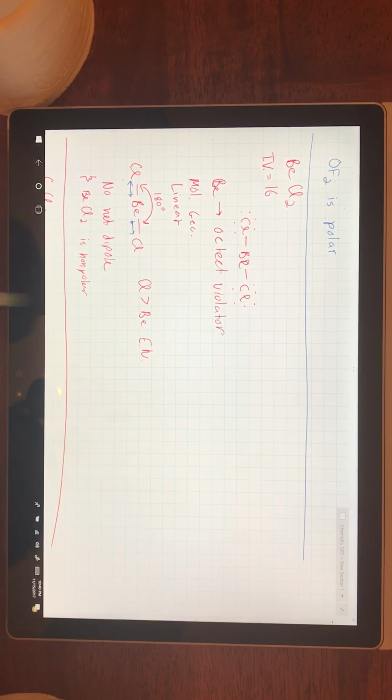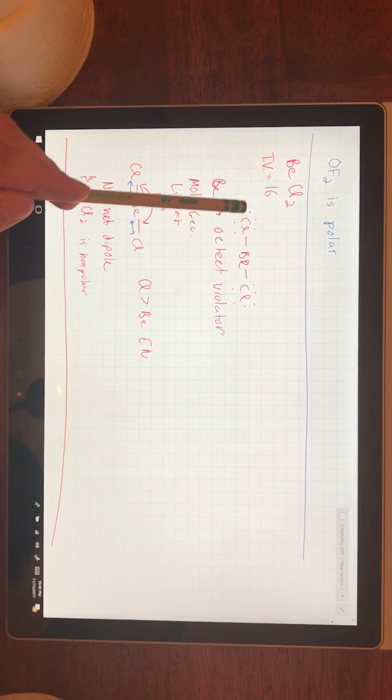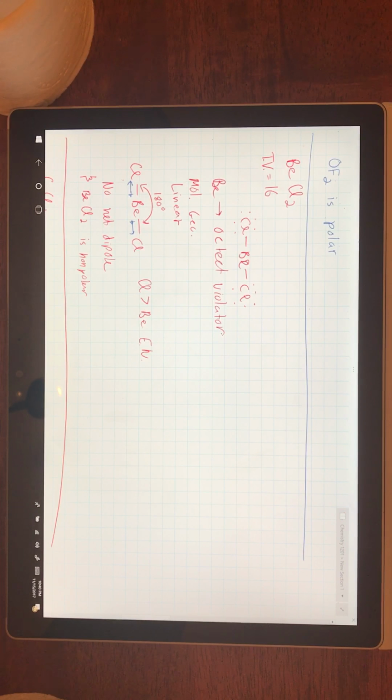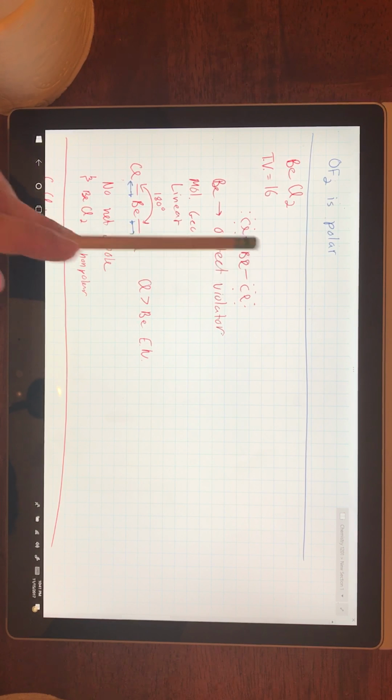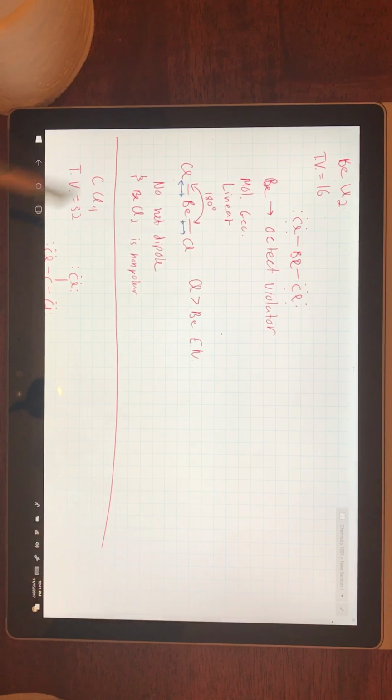For BeCl2, your total valence is 16 electrons. You have the Lewis structure like this. Now, Be is an octet violator, so you have to be careful here. It's an octet violator because it has fewer electrons than needed to fill the octet, and this is okay because for Be to have a formal charge of 0, it usually likes to have just 2 bonds and no lone pairs. So the molecular geometry for this is linear,